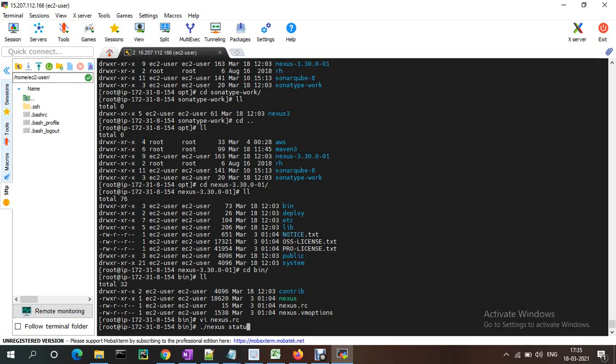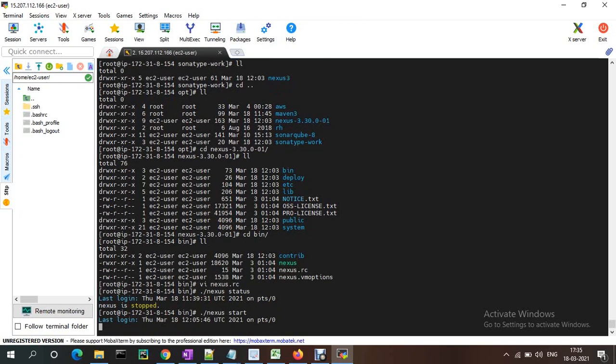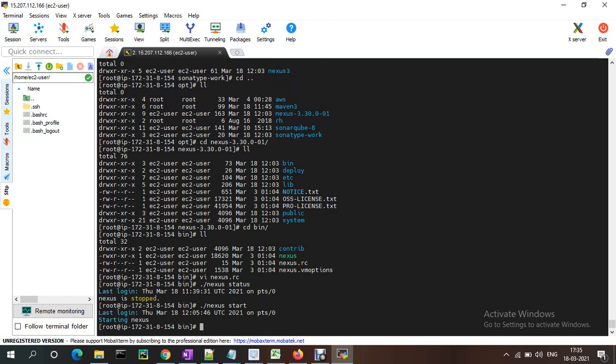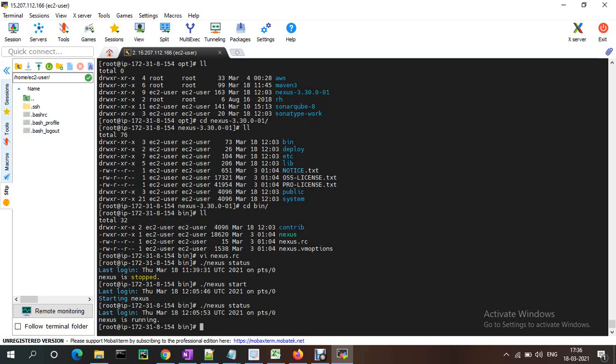Status. Nexus is currently stopped, so we just need to start Nexus. Now if you check the status, it is running. By default, Nexus runs on port 8081.